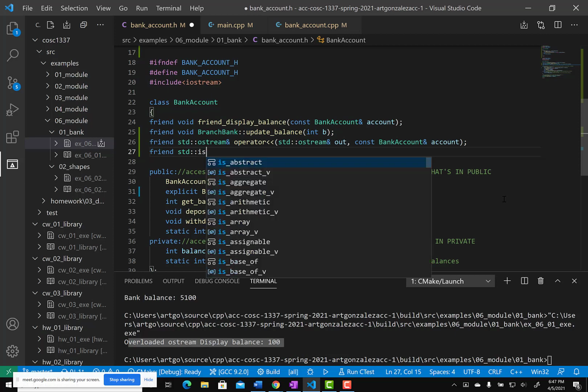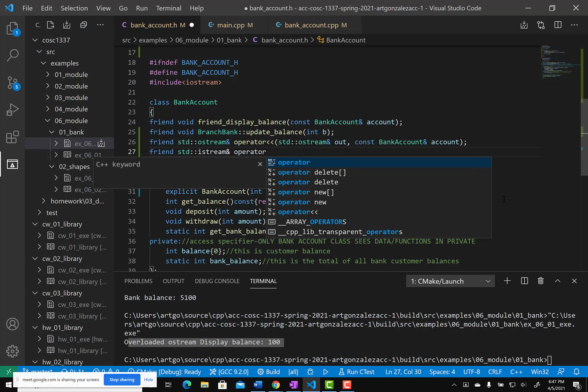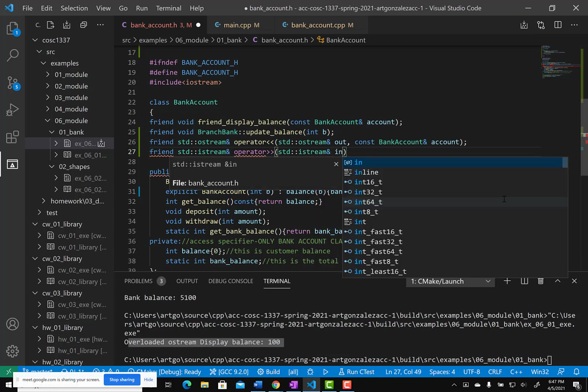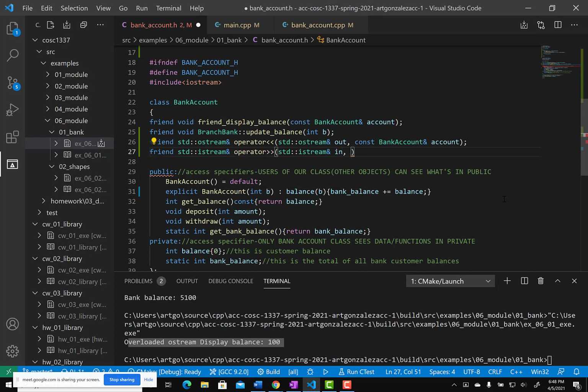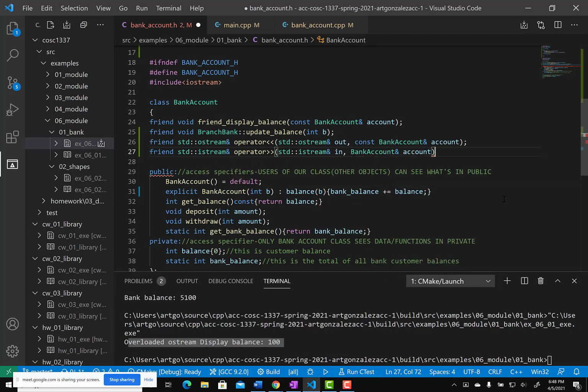So start with istream reference operator for istream reference. Not cin, we name it n, just to differentiate. We do want a reference to account, but we cannot make it const because we know that cin modifies values. So we make a reference of an account. And now we have the signature that we need, and we can go into our CPP